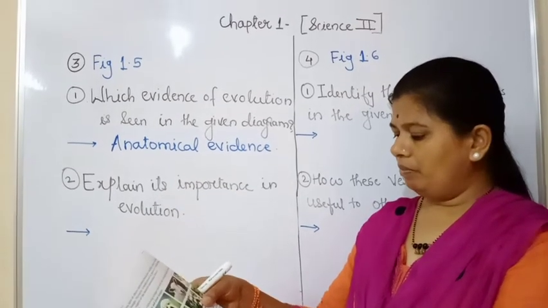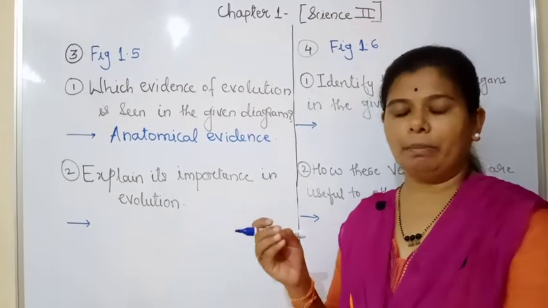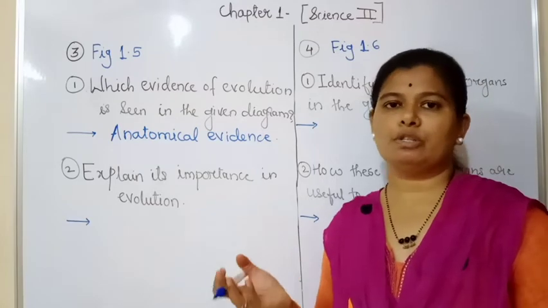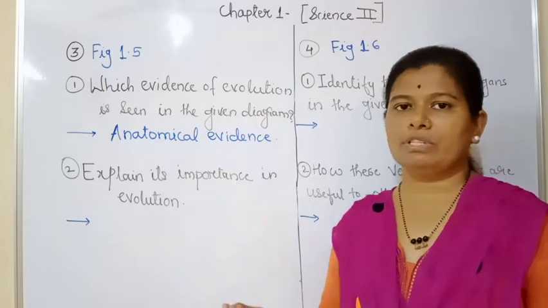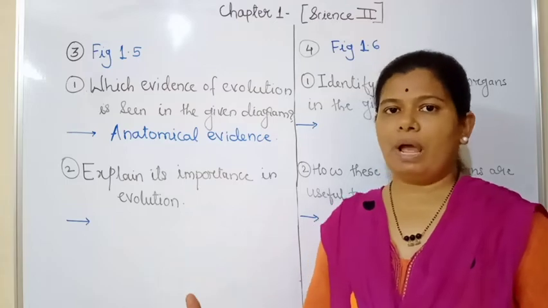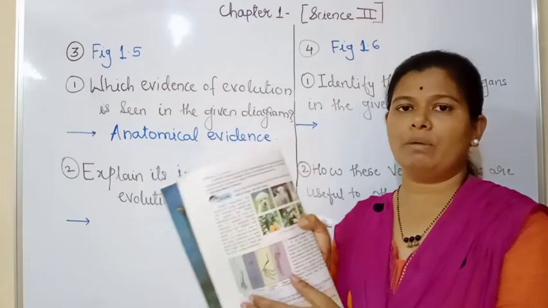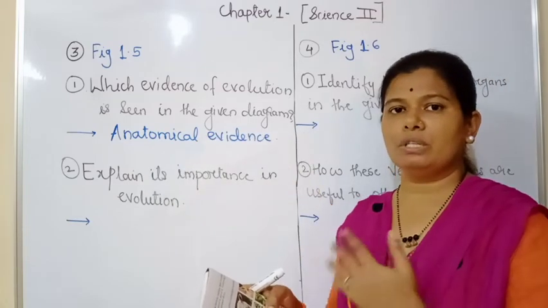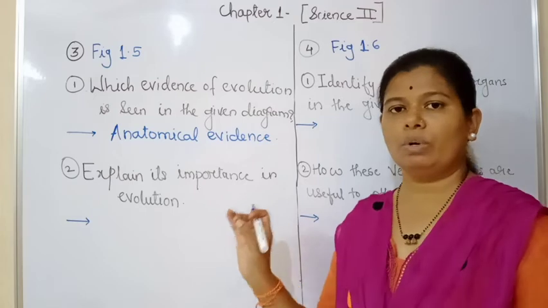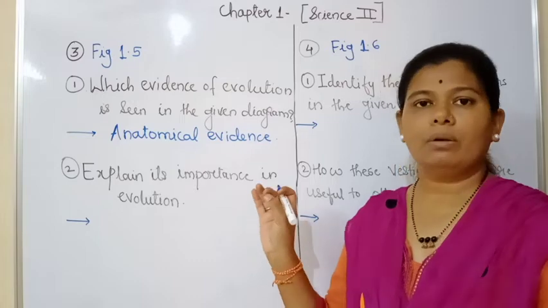No similarity is seen between the hand, the cat's foreleg, the flipper of the whale and the wing of the bat. Similarly, the use of each of those structures is different for the respective animals. As all of you know regarding vestigial organs also, each organ functions in a different way. So even though the structure of bones is shown for these 4 animals, in the respective animals its function is a little bit different. And from this structure we come to the conclusion that the ancestors were common. So those animals may have common ancestors.